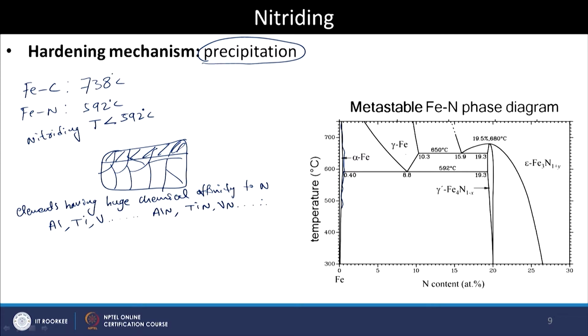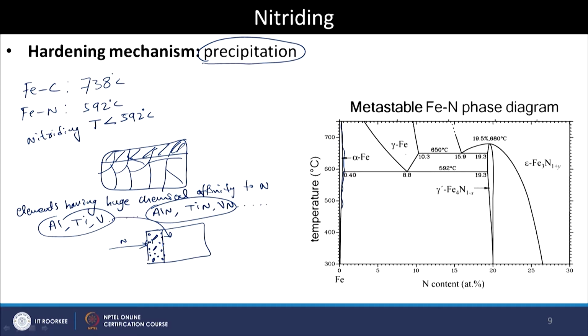So, that means if I have a steel which has some of these elements alloyed inside, when I am introducing nitrogen, when this nitrogen diffuses in, a small amount that is within this limit, you can start to form these nitride precipitates. These form actually as very nano sized precipitates of these nitrides. All these dots you can think of, these nitrides will develop, and that is where it leads to the precipitation hardening of this region.